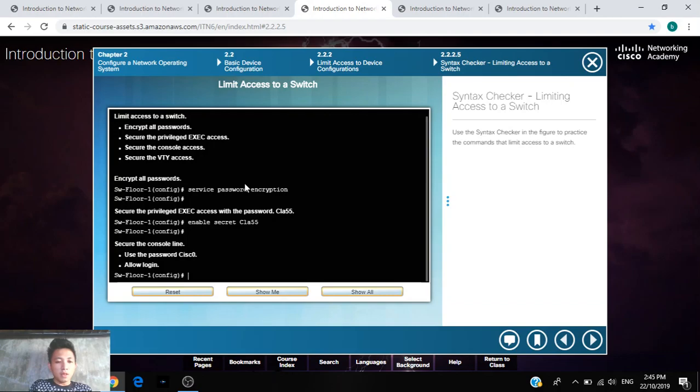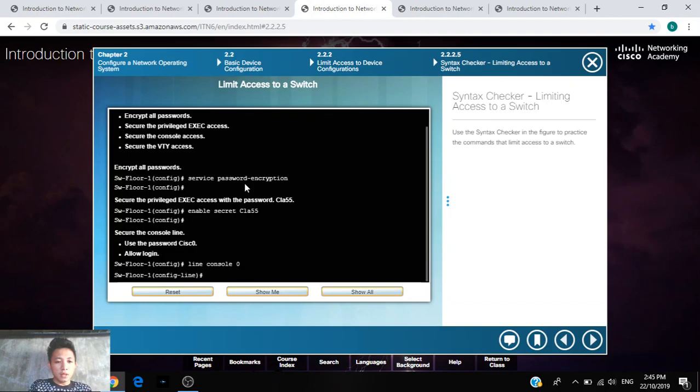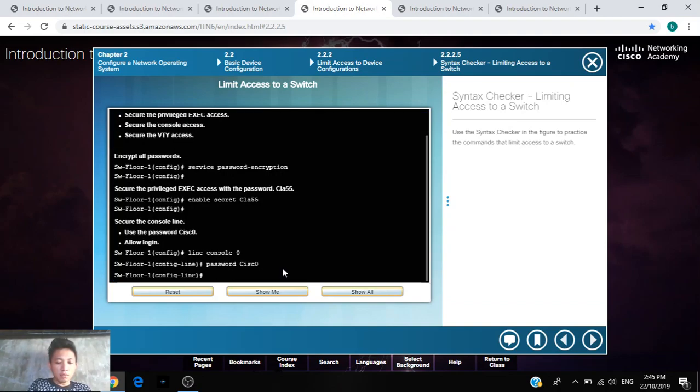then the given password CLA55, and then the next one, secure the console line. For securing the console line, we will use the command line console 0 and then use the password Cisco. Remember that this is not a letter O but zero. So use the password Cisco, then allow login,